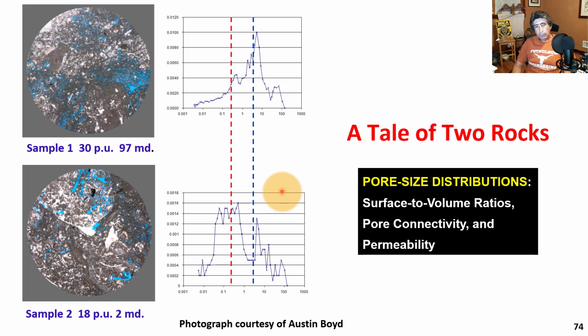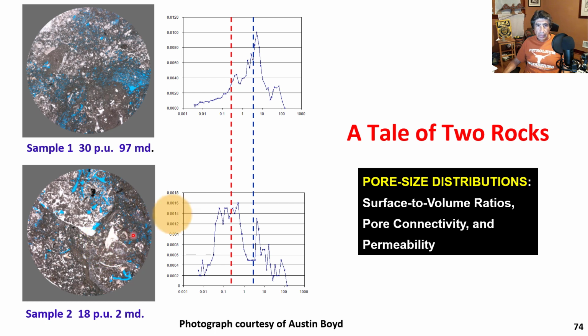Now, here is a comparative plot of the two rocks. I call it the tale of two rocks, not a tale of two cities. Here is a thin section at the top of the rock that has 30 porosity units. The permeability is 97 millidarcies, whereas in the lower case, sample number 2, the porosity is 18% and the permeability is 2 millidarcies. Obviously, we have